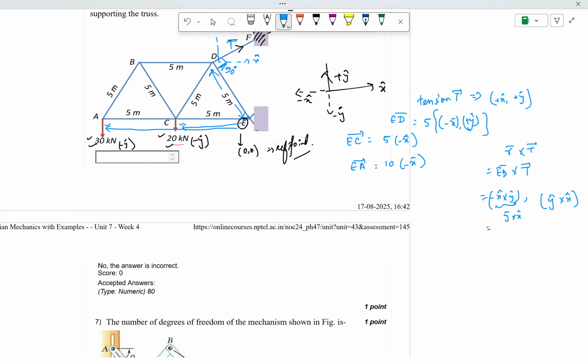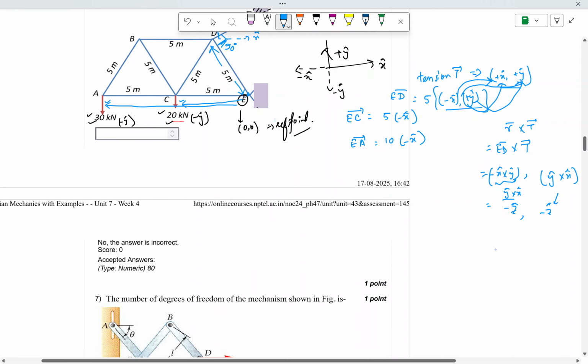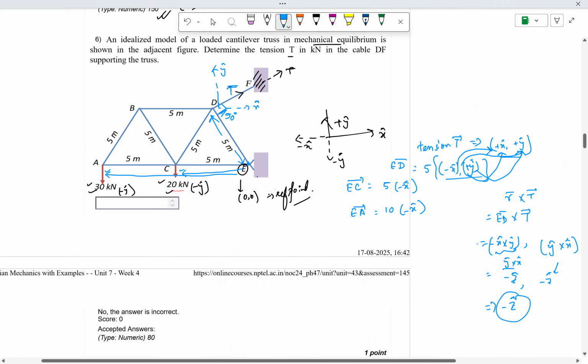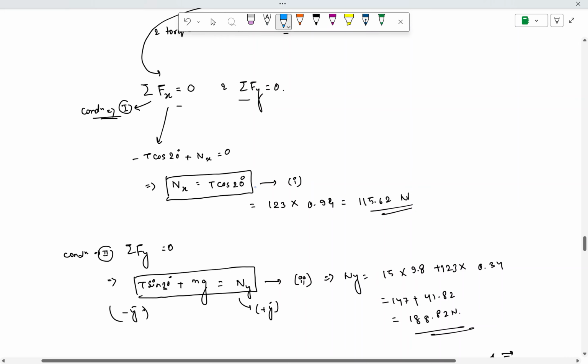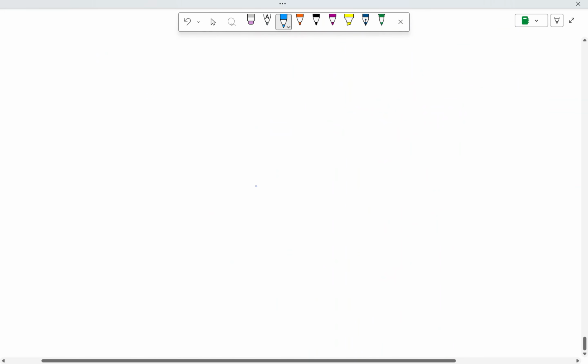So when you take the cross product, component wise, if you try to find out the direction, you will see that x cap cross x cap is 0. Then minus x cap cross y cap is y cap cross x cap, which is basically minus z cap. Then again y cap cross x cap is minus z cap, so this is also minus z cap, and y cap cross y cap is 0. So the total overall thing has a direction of only minus z cap. From here now we apply the torque balance condition for question number 6.